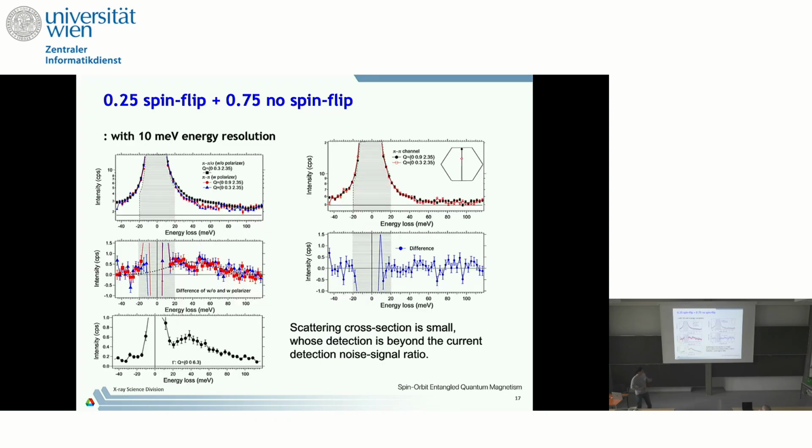Then I tried 10 meV, and this is the 10 meV data. We can see more low energy signal. When I look at the difference, it's maybe within the error bar, nothing or something. But again, the background level is high, so we cannot tell. But maybe with the APS upgrade we can try again, because the APS upgrade provides twice larger beam flux, and we have more chance to see it.